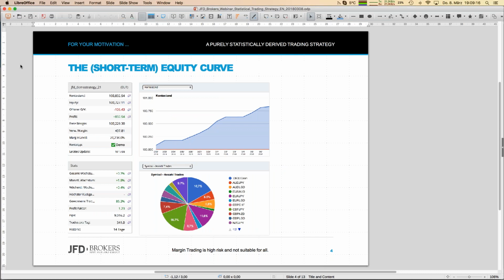As I mentioned, for motivation first, here the equity. So as I mentioned, it was about 3 weeks ago that I started with the calculations, and a week later, I was already able to put that strategy live. Live in this case means a demo account. Of course, I always start with demo accounts